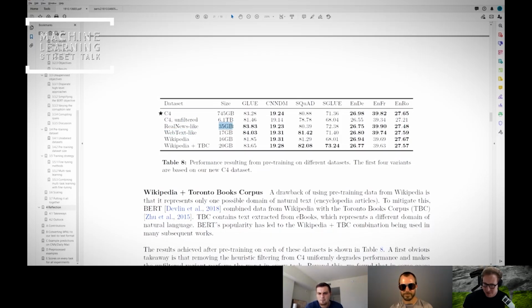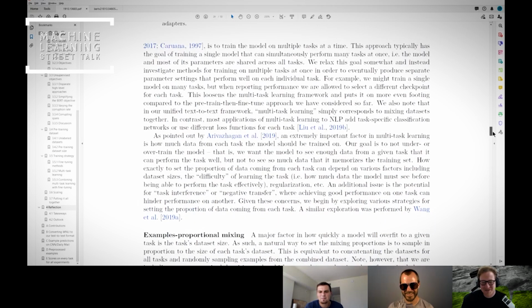And this is only about 35 gigabytes, but the GLUE score is significantly higher than the filtered C4. Yeah, how the heck is it that it's only 20 times larger, all the internet text, compared to news articles particularly? Yeah. Well, maybe the internet isn't that interesting.